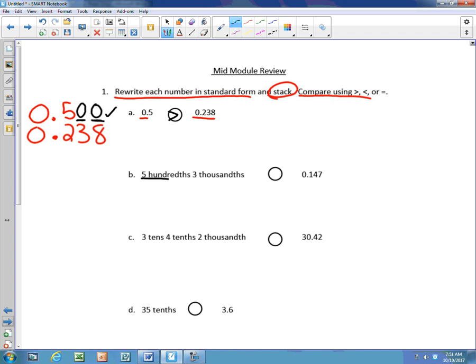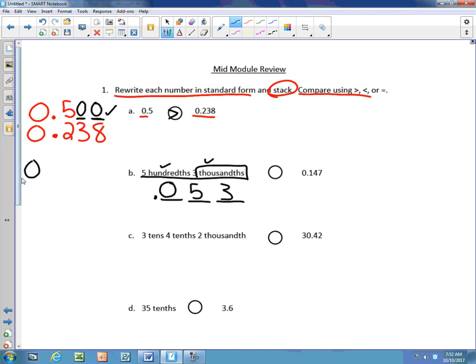So now I'm going to look right here. This is not standard form, so I must write it in standard form first. So it's going out to the thousandths here. So we're going to draw lines, tenths, hundredths, thousandths. I see I have a 5 in the hundredths place and a 3 in the thousandths place. And then I need to fill in the empty space with a 0. I come to the side and I'm going to stack them. And when I stack them, I see right away that this number is larger,